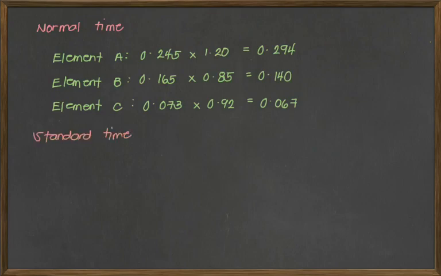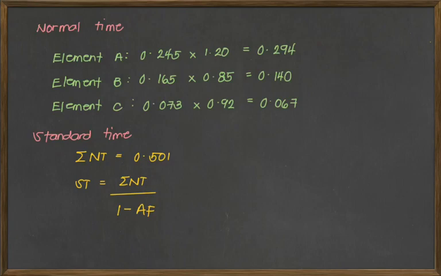0.067. So, for us to get the standard time, again, we need to get the sum of your normal time. So, that is by adding 0.294 plus 0.140 plus 0.067, and that should give us an answer of 0.501. Then for your standard time, again, it was stated that the allowance is given as a fraction of the